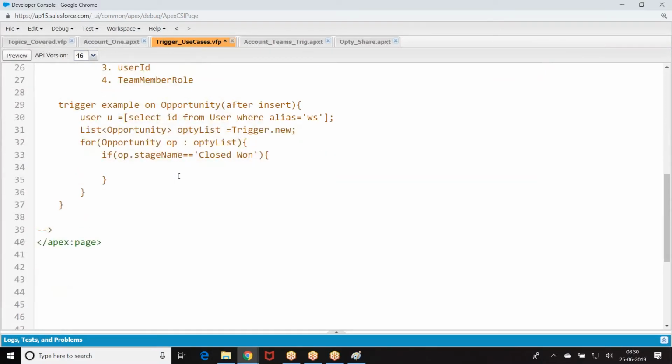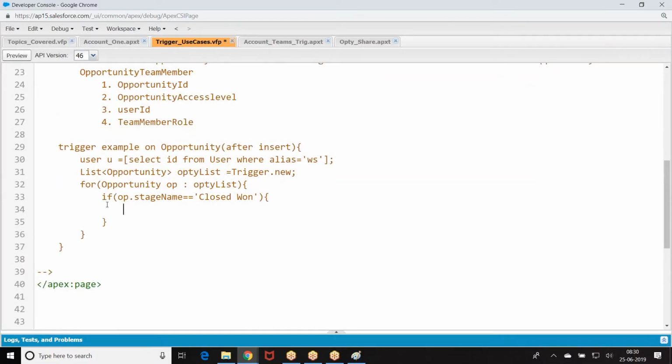If opportunity stage name equals Closed Won, sorry, you are supposed to get opportunity team member, right?